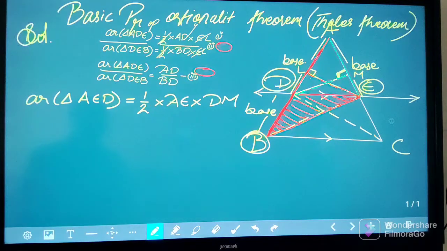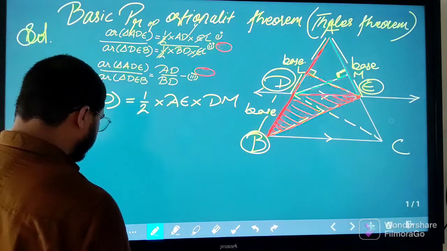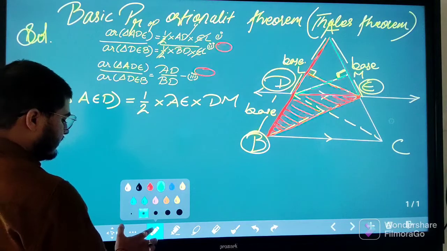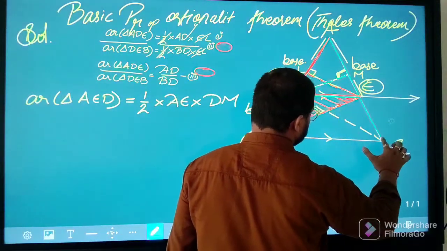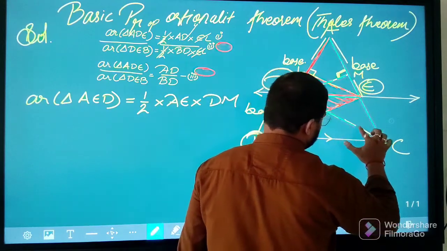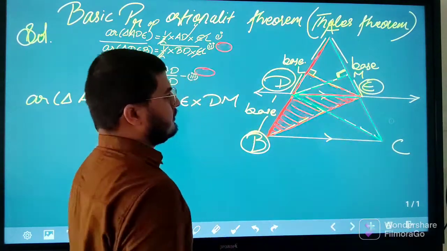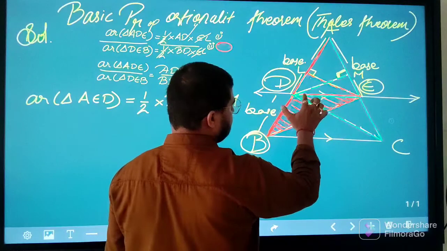So that's the area of this triangle. Let us find out the area of another triangle. This one, that is,